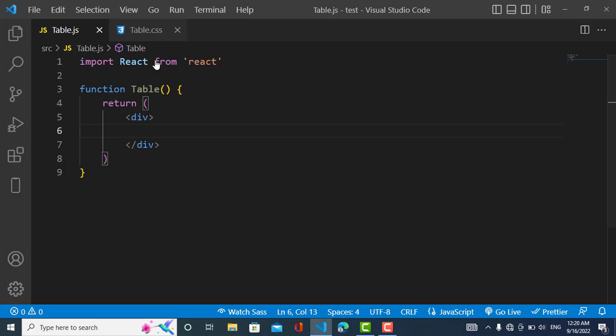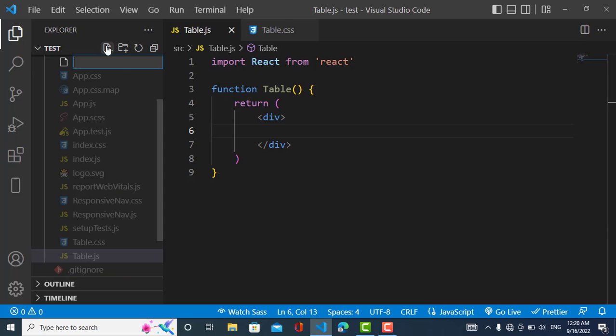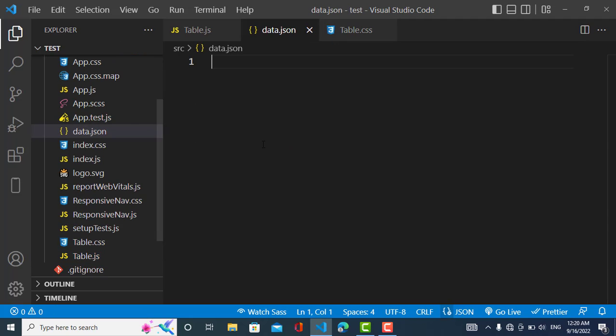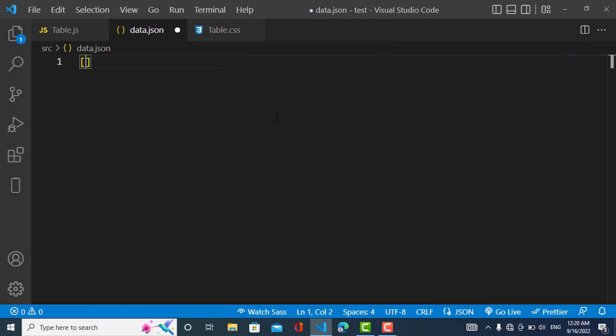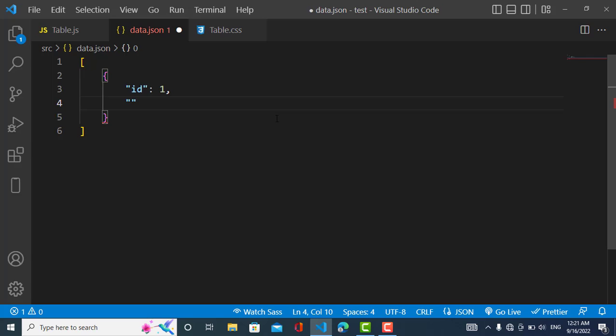So I have to create another file for the data. I will create that file, data.json. Okay, I will create a JSON file here, and I will add the data here as an array of objects. ID, for example, will be 1, and also the name, Ahmad, and also, for example,